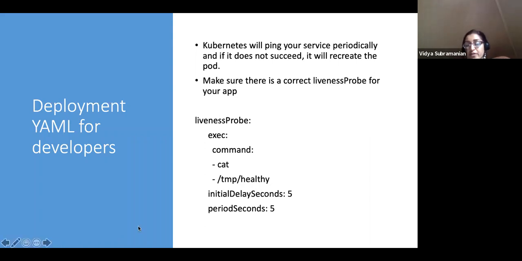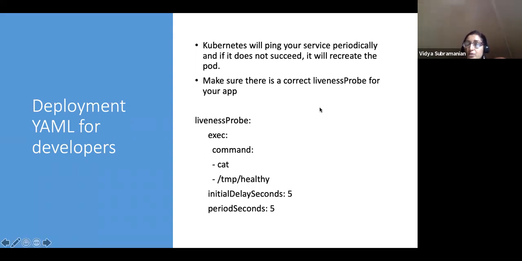This is one of my favorite features, the liveness probe that you can leverage. So Kubernetes allows you to leverage the functionality so that as an app owner, you can be aware of the health of your application.